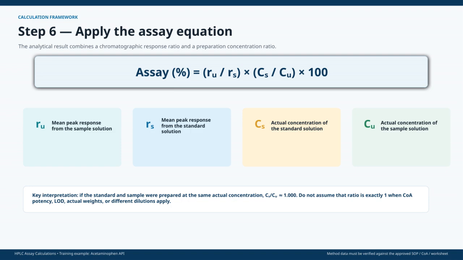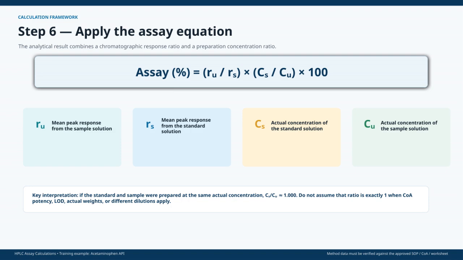The formula we use is assay percentage equals the ratio of the mean peak response from the sample solution to that from the standard solution, multiplied by the concentration of the standard over the concentration of the sample, all multiplied by 100. Here, our sub U represents the mean peak response of the sample, while our sub S is that of the standard. C sub S and C sub U are the actual concentrations of the standard and sample solutions,